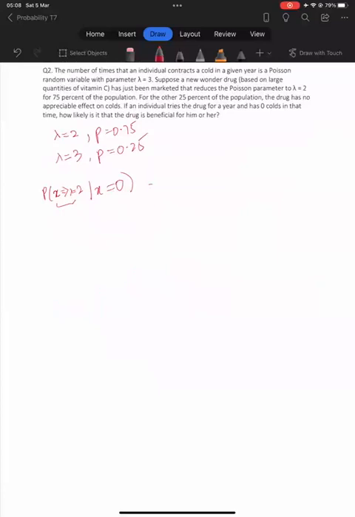Okay, so X can be 0 if the drug is beneficial, whose probability is 0.75, and with this probability X is 0, so we know it's e raised to the power minus lambda, which is minus 2, times lambda raised to the power 0 over 0 factorial, which is just 1, plus the person can also have 0 colds in the other case where the drug had no effect, for which the probability is 0.25, then e raised to the power minus lambda, lambda is 3 in this case because the drug had no appreciable effect. Then again,